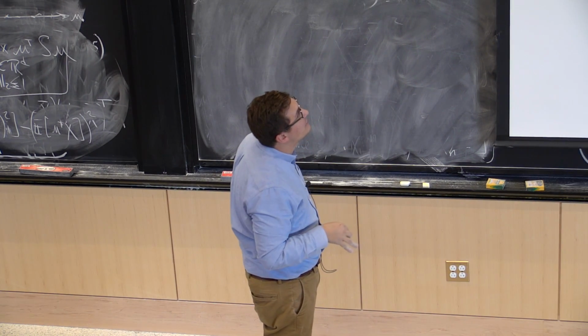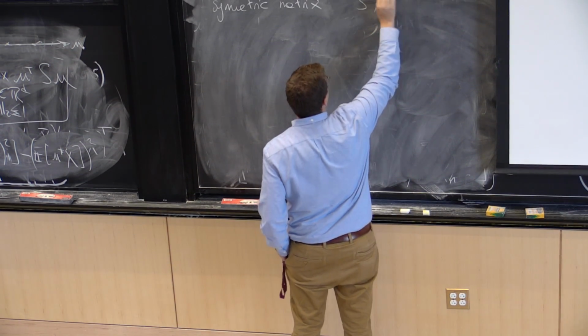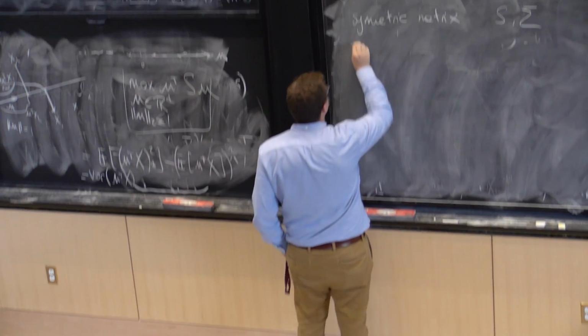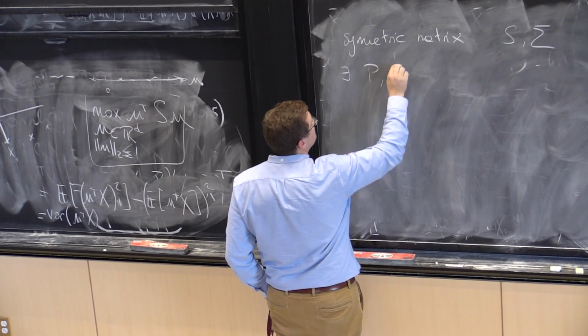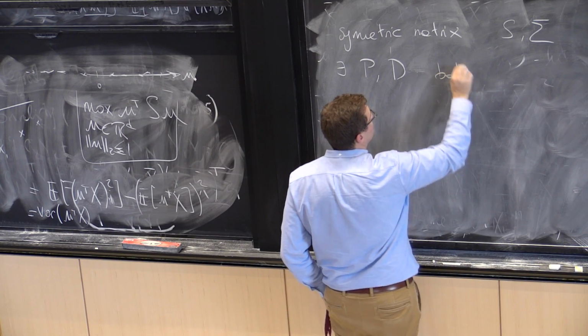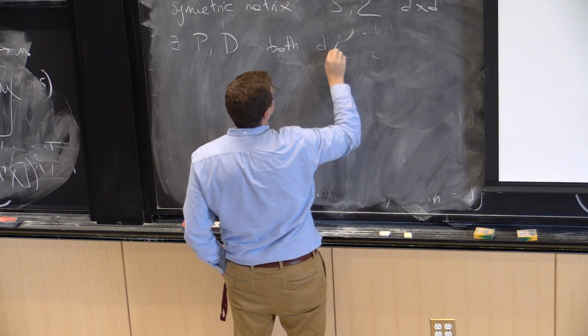And here I take a symmetric matrix, and actually S and sigma are two such symmetric matrices, right? Then there exist P and D, which are both D by D,